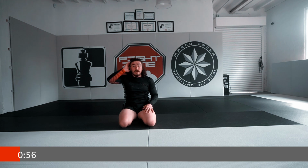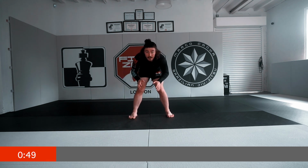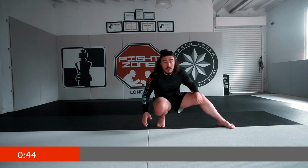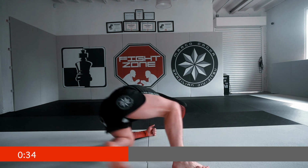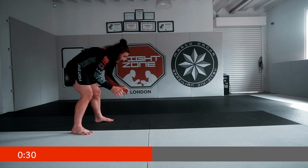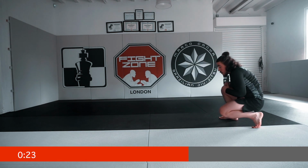From here we're going to add in our long step motion. So we'll start off approaching the open guard first with parallel legs. We're going to step into that knee slice, come into position from here. I'm going to drop my left knee and left elbow in order to long step. So drop that knee on the ground, elbow comes down, back step, recover your leg, and back up to standing again. So parallel legs, enter into the half guard, drop the knee, long step to your hip, and come back